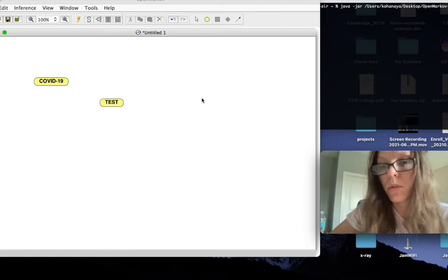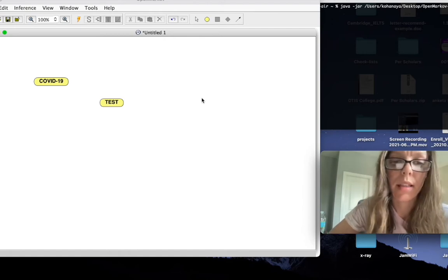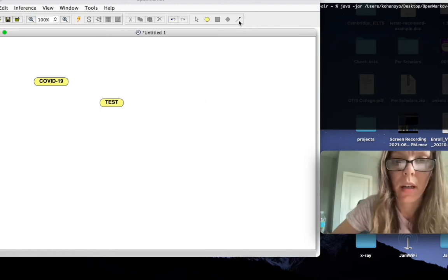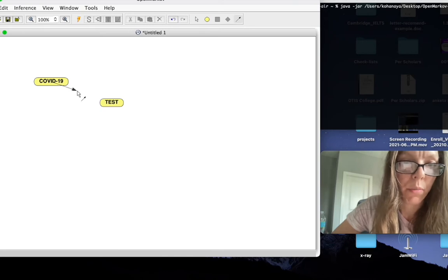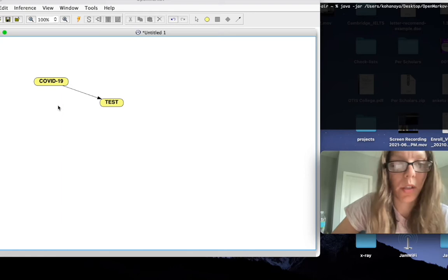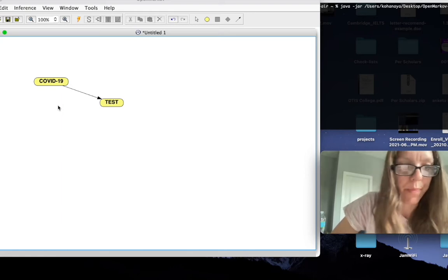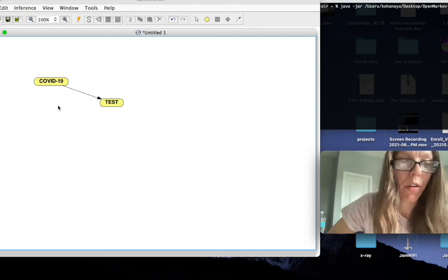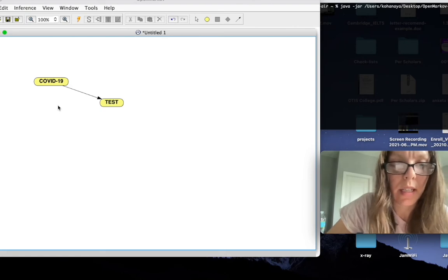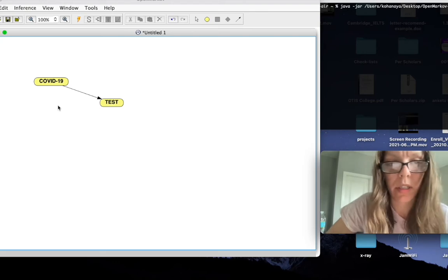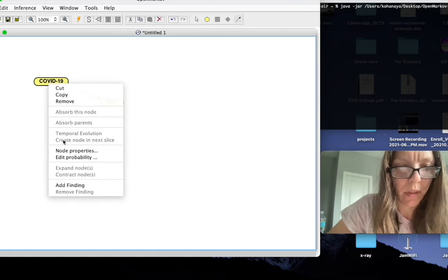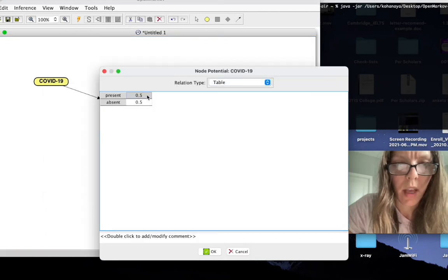The COVID-19 variable has two values or states, present and absent, and the test can give two results, positive and negative. Since the first variable causally influences the second, we will draw a link from COVID-19 to the test. Once we have the nodes and links, we must introduce the numerical probabilities. In the case of a Bayesian network, we must introduce a conditional probability table, or CPT, for each node. The CPT of the variable COVID-19 is given by its prevalence, which, according to the statement in our example, is equal to 3.4%. We need to introduce this parameter by right-clicking on the disease node, selecting Edit Probability, and here we just put